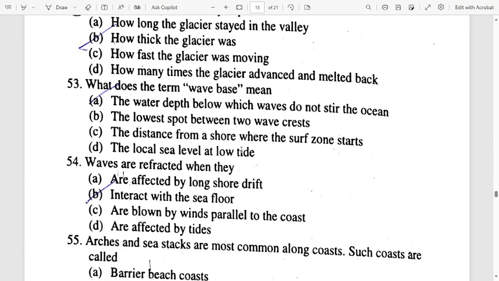What does the term wave base mean? The water depth below which waves do not stir the ocean. Waves are refracted when they interact with the sea floor. Arches and sea stacks are most common along coasts. Such coasts are called